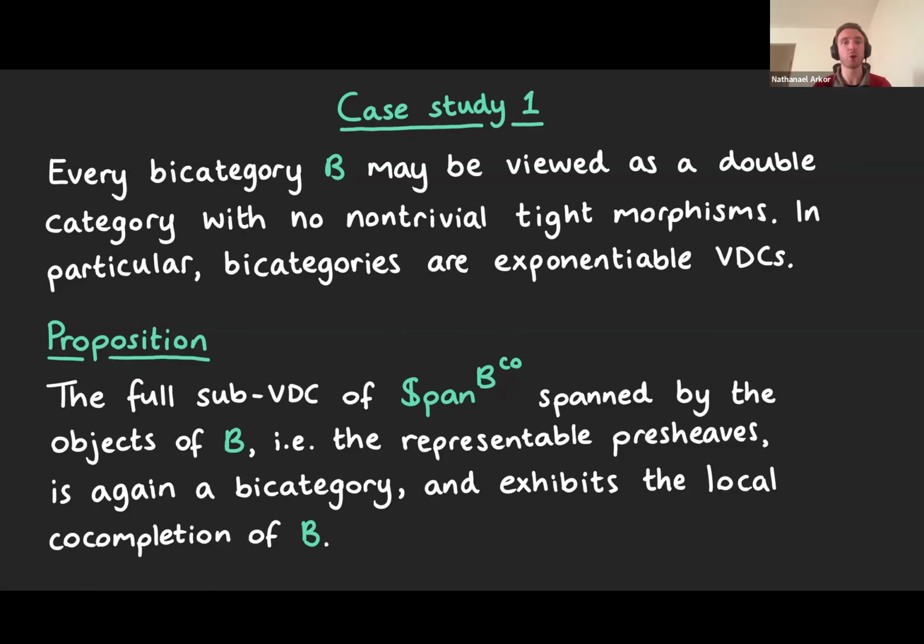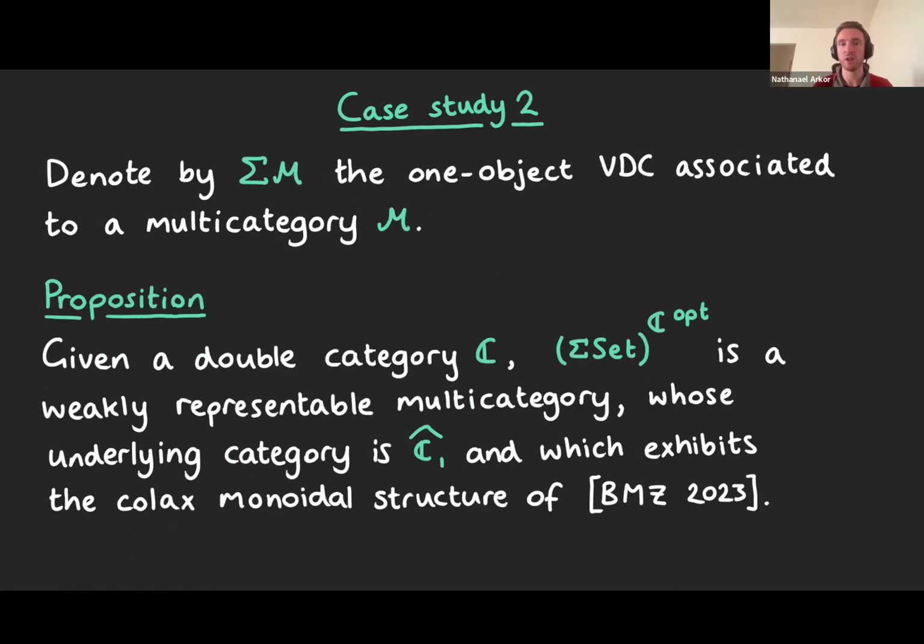So this tells us that the local co-completion operation is indeed a notion of convolution in an appropriate sense when we move from monoidal categories to double categories. Now, for the second example, recall I said that virtual double categories are sort of a many object generalization of monoidal categories. Well, then conversely, we can view every multi-category as a one object virtual double category, which I'll denote Sigma M